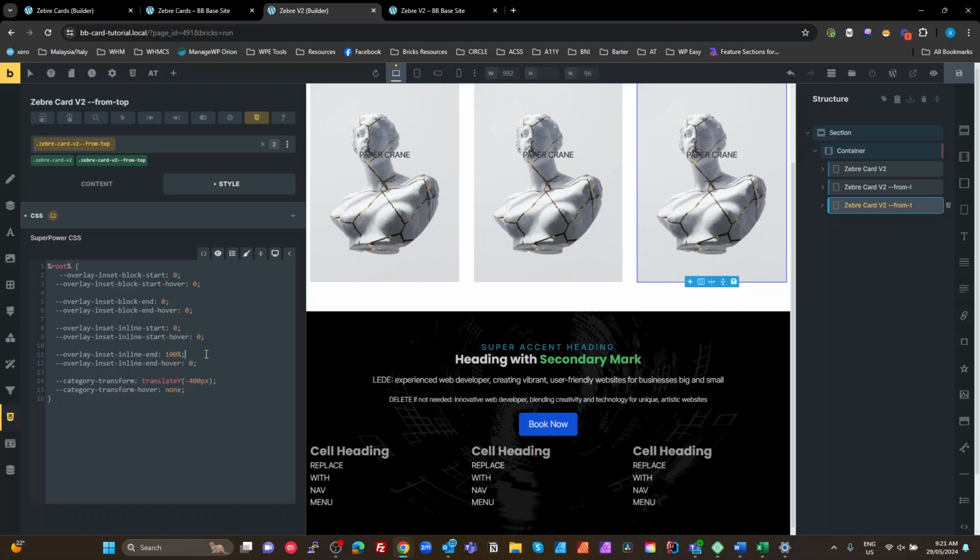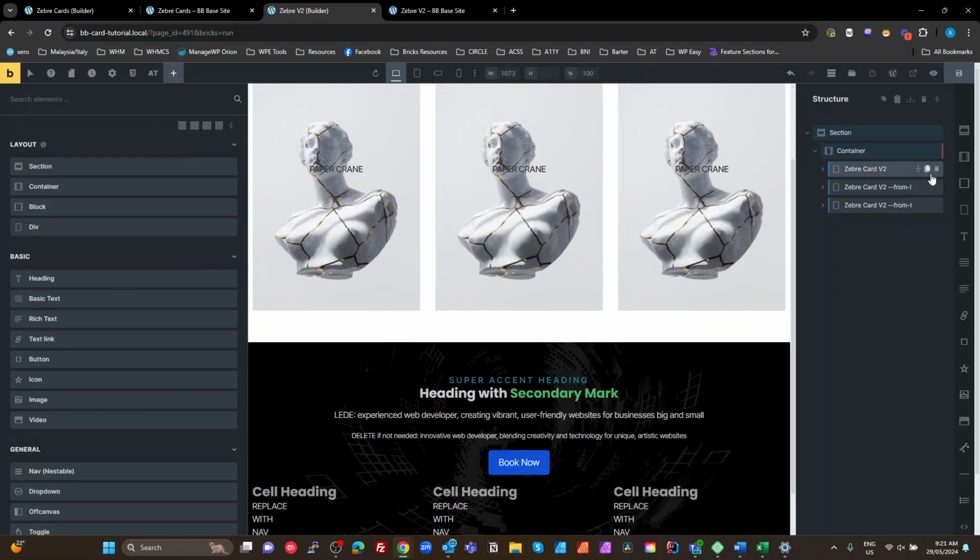And for our, so we want to start from everything, let's start with everything at 0. Okay, we start everything at 0, so we're fully covered. Now we want to go from the top, which means we want from the end to be 100%. So let's go to our block end and set that to 100%. Is our from top. Okay, so all we've done is changed our transform, translate Y. In fact, we can get rid of the ones we haven't changed. Inline variables were set back to 0. We set our block end to 100%. All right, let's do one more, which will be the